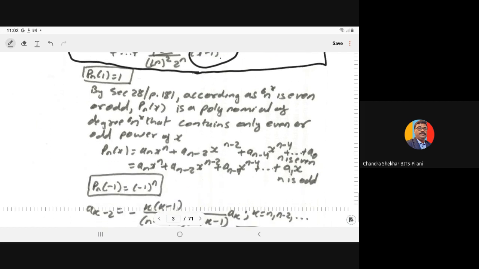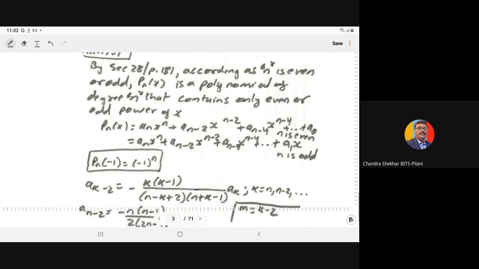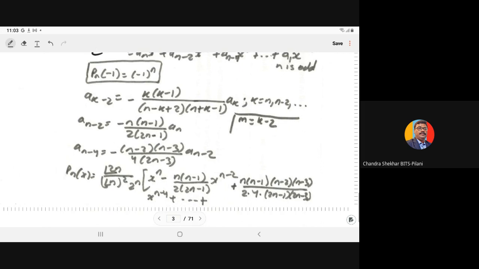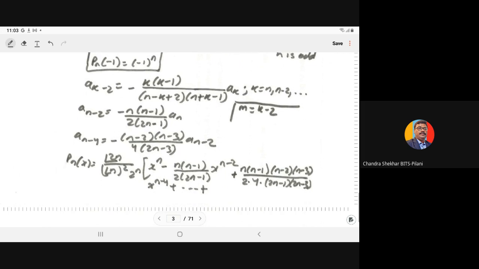Then from the section 28, we know that we can determine the power series solution for the ordinary point, and for this case x is equal to 0, 0 is the ordinary point. So the power series is of the form summation a_n x to power n, and depending on the value or nature of n, we have either the even terms or the odd terms depending on the recurrence relation. So here we have computed the value of the a_n.